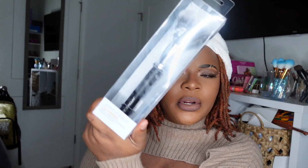The Luxe Powder. Look at this. That's a powder brush. It's a makeup staple for flawless application of loose mineral pressed powder. So this is just a strictly powder brush. I actually really want to open this one first, so I'm about to just open that and pull it out and see how it feels,